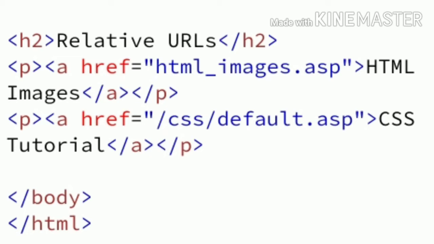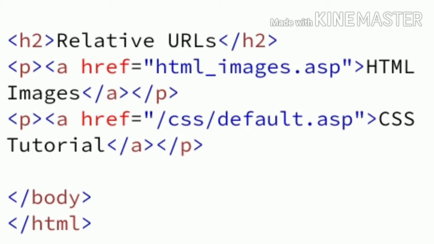Which type of output will be displayed? The output will be Absolute URLs, W3C, Google, Relative URLs, HTML images, CSS Tutorial. The W3C and Google links are in blue color.